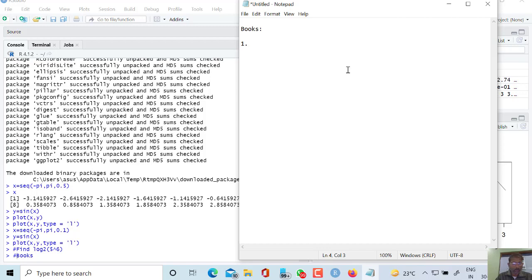So first book is R Statistical Computing by Vanderloo.